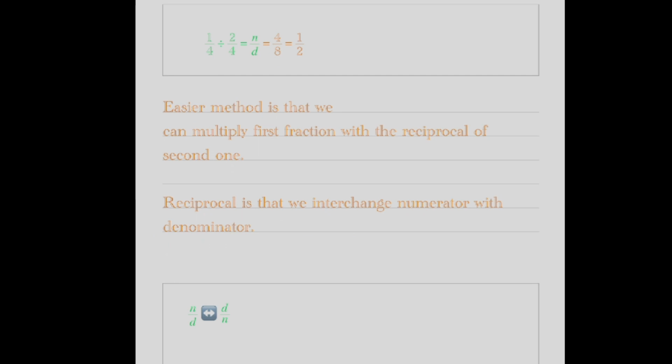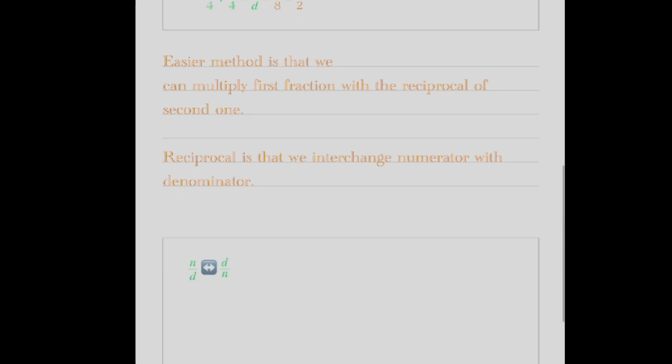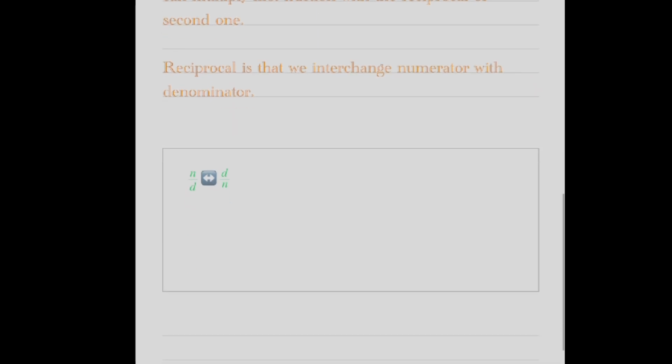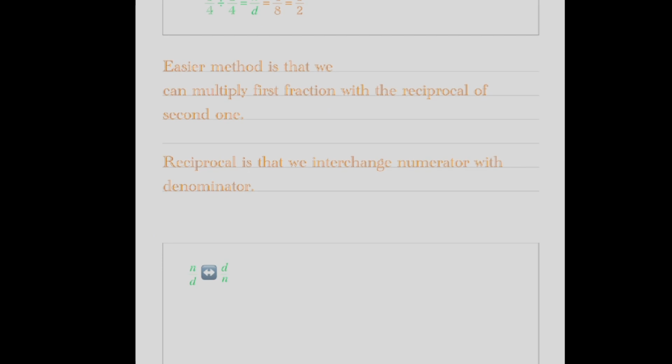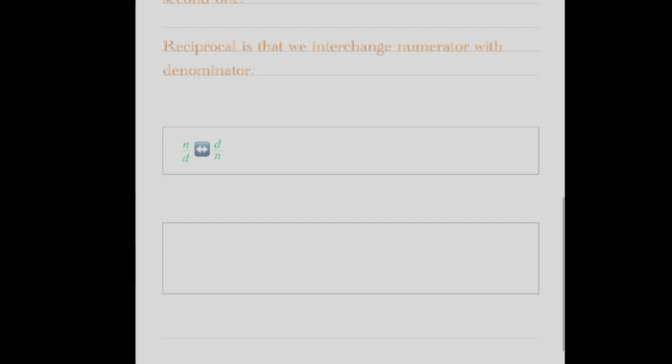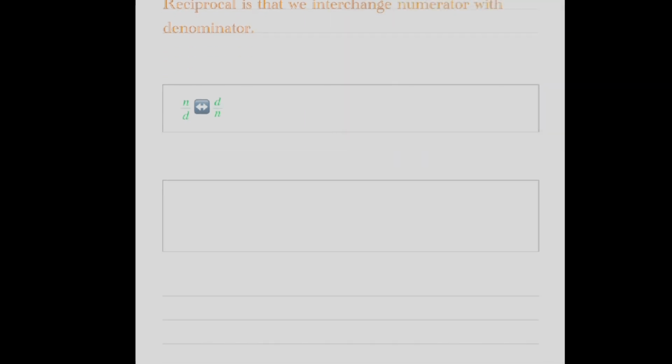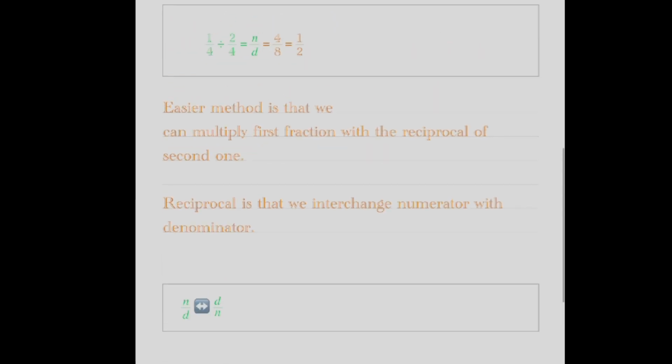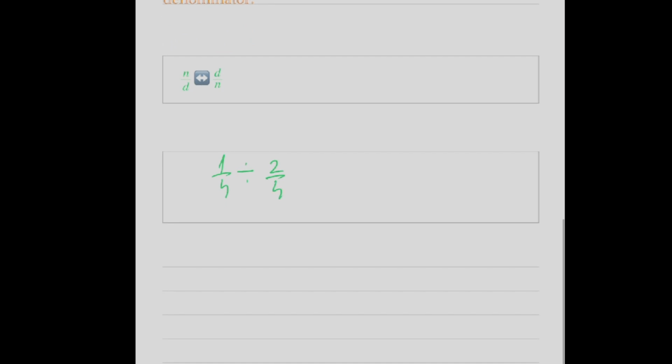And why is it useful? I'll show you. We'll take the same example from before. You have 1 over 4 divided by 2 over 4. I'll delete this one and make another one. We'll write the same exercise: 1 over 4 divided by 2 over 4. We'll write the same fraction, 1 over 4, multiplied by